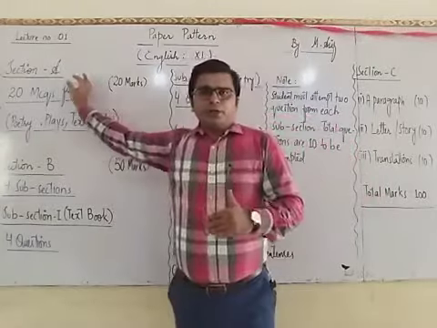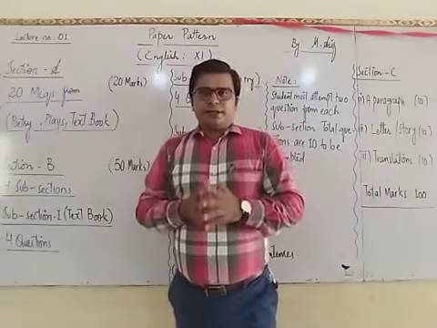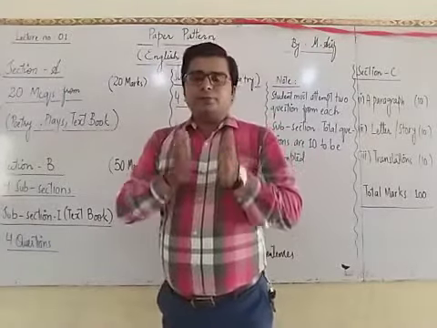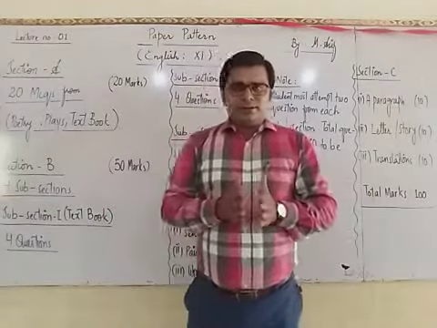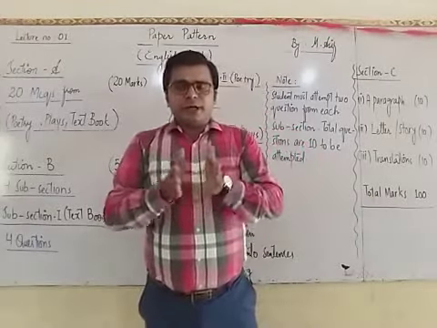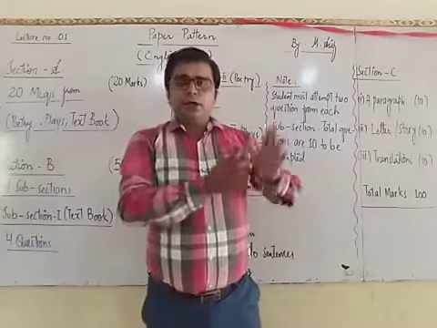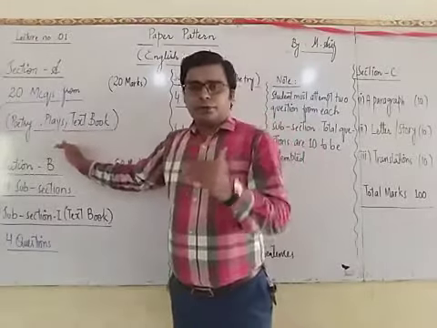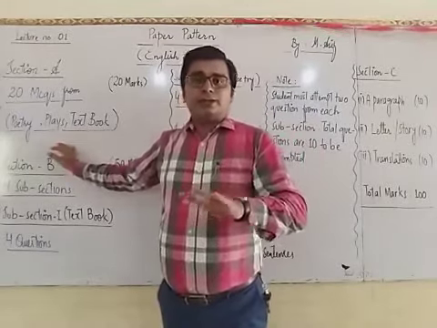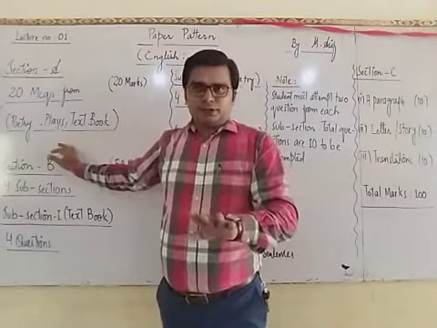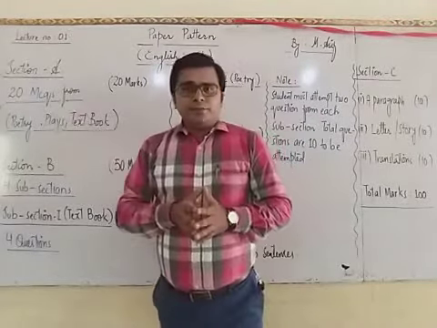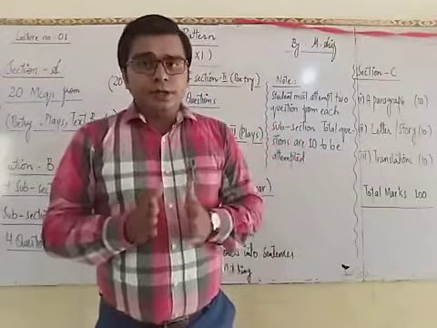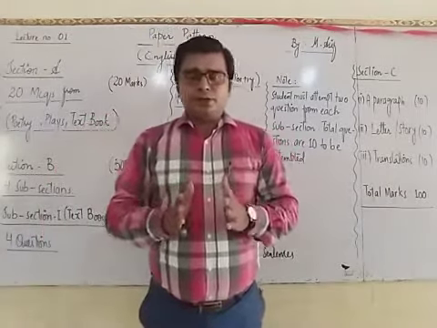In section A, you have 20 MCQs that are taken from not only one part of your books. You have 3 different books in this year. One is poetry section, second one is plays section, and third one is prose section, means textbook section. So you are asked MCQs from all the 3 sections. Section 1 contains 20 MCQs and each MCQ is for 1 mark. Means you will be given 20 marks if you answer all the MCQs correctly.